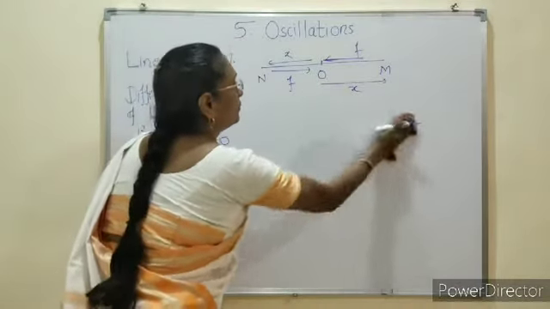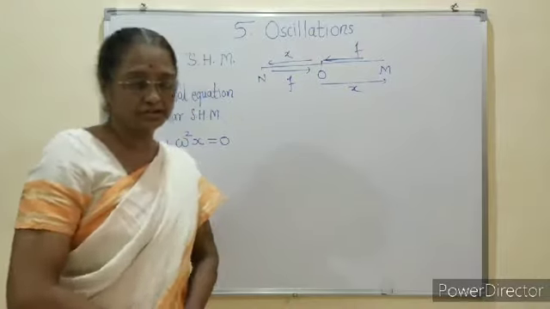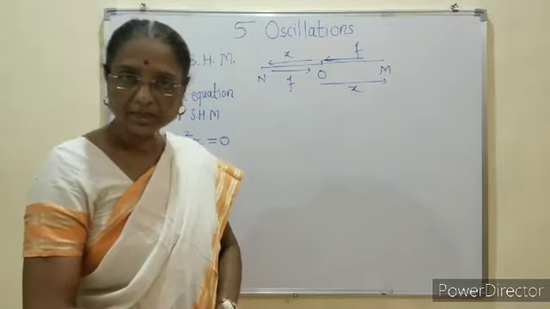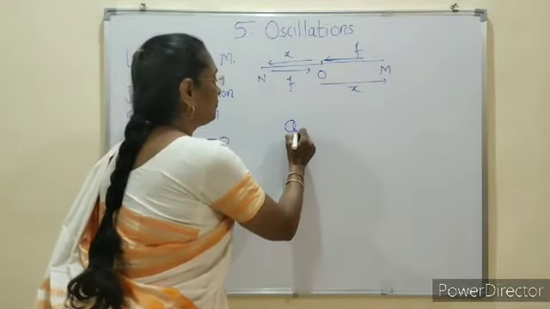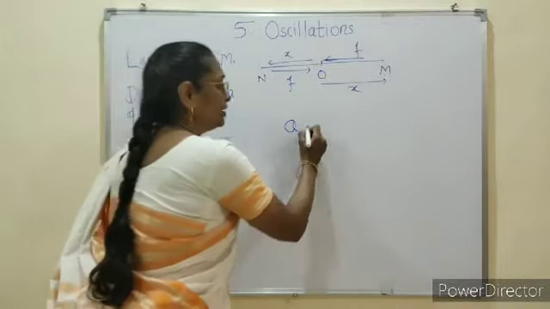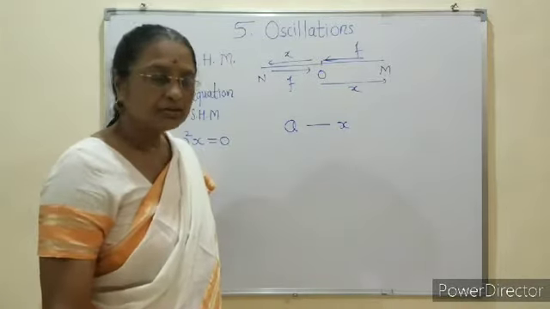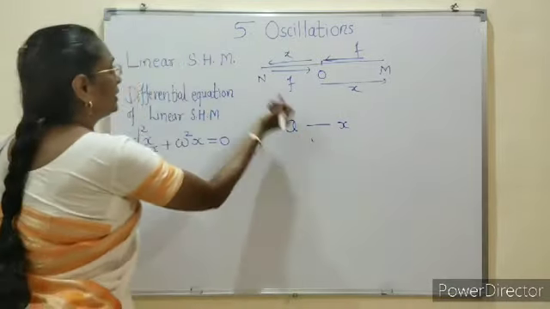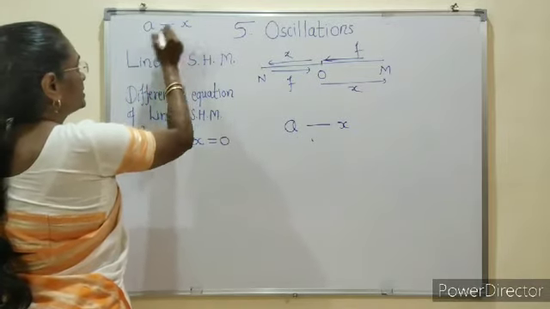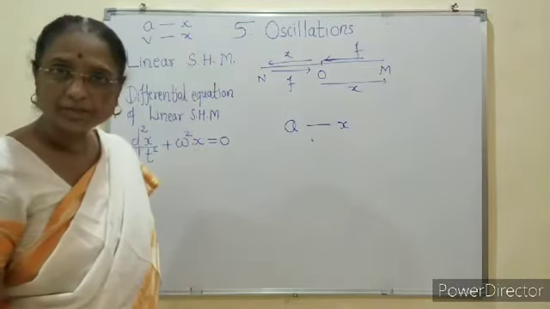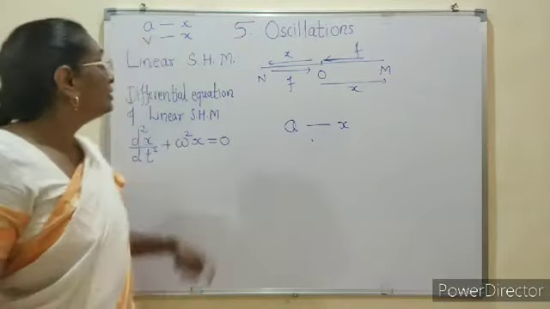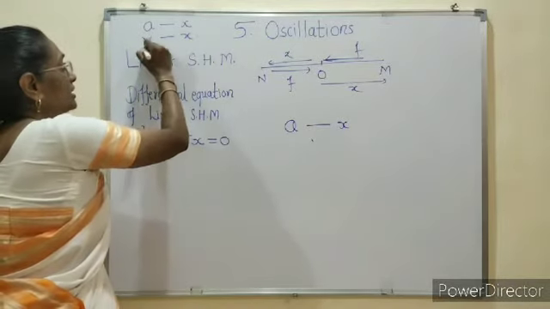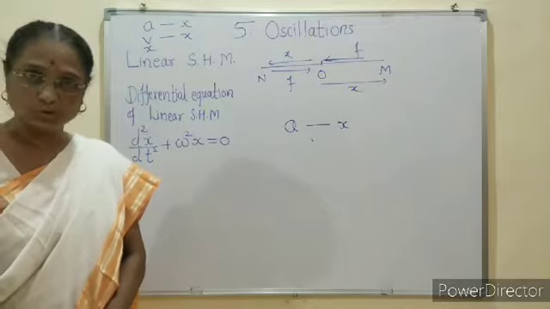Now the question is that for the oscillating particle or particle in linear SHM, we have to derive the relation for acceleration in terms of displacement. That is the first question. Second one, we write the question like this: a in terms of x, v in terms of x. Means derive the expression of velocity also in terms of x, as well as the relation for x, the displacement from the mean position.